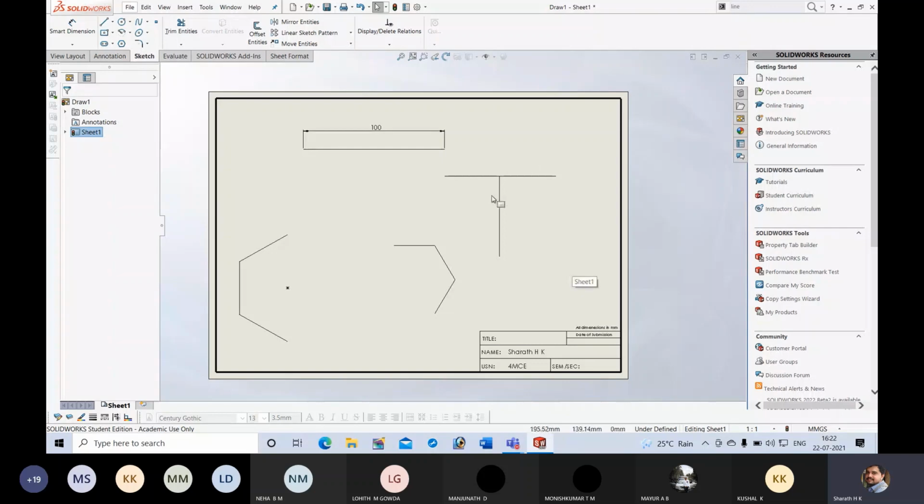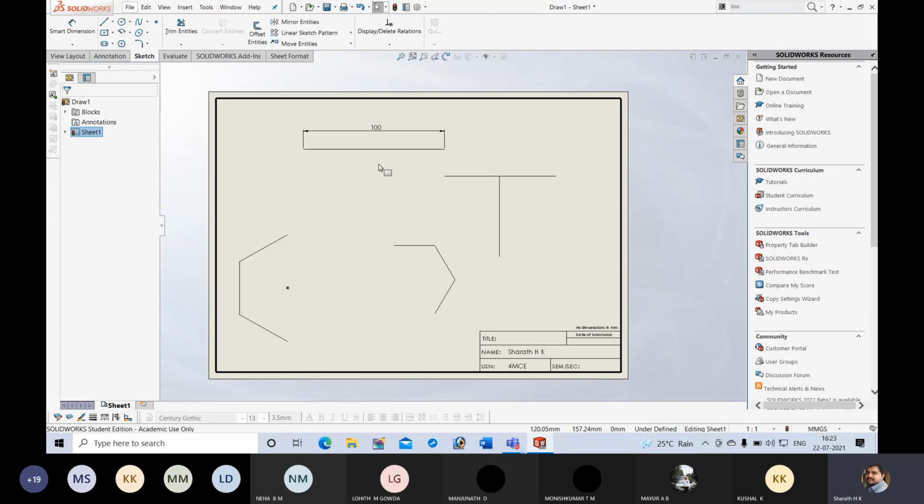Next, I will consider a problem in projection of planes. I will explain a few steps like making a block, rotating, removing lock angle. All those things I will explain by considering a problem related to projection of planes. For projection of points and lines, you can watch the video links which I already shared in that file. The same commands, same steps you can follow for projection of points and lines.